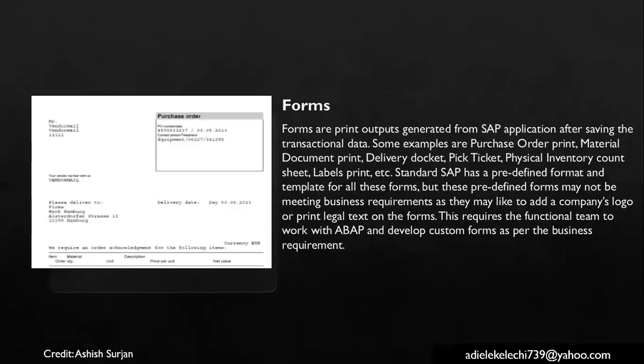Now, I think the last is form. Now, forms are outputs, basically. Like I said earlier, there are a lot of forms business use, from POs to invoices to payment advices to approval documents. Now, the business can be used to a particular form, or it could be a requirement by